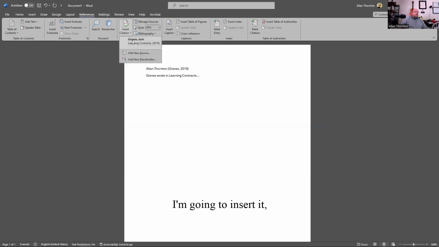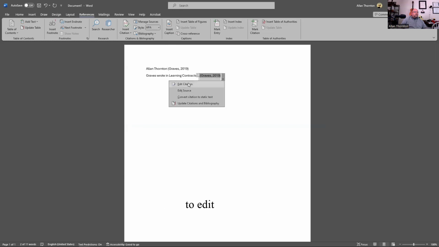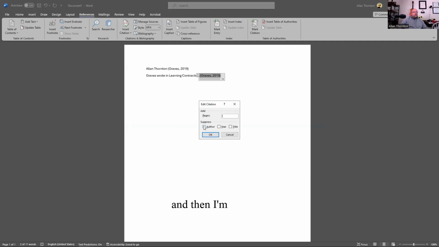I'm going to insert it, but I'm going to need to make some changes. I do that by going to Edit Citation, and then I'm going to suppress the author, and I want the year to be there. And it's good to have the page number where that is at. So maybe it was page number 128.